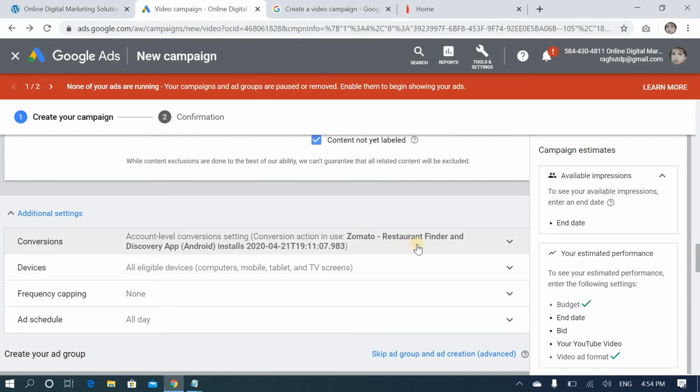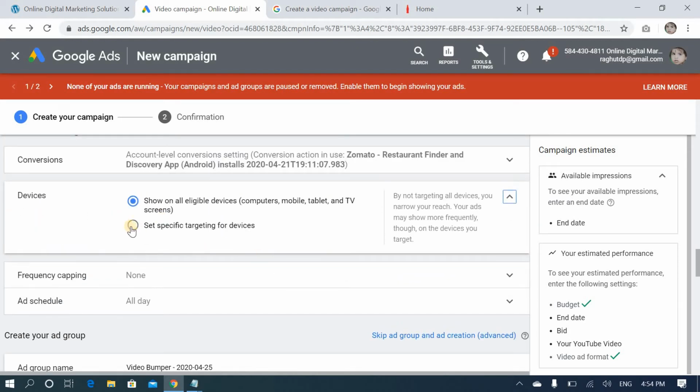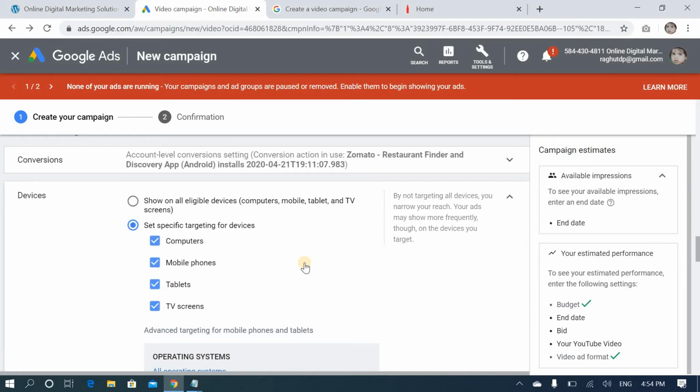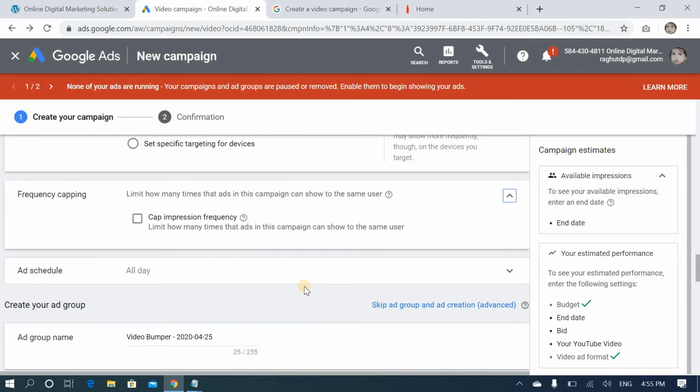Here is conversion. When running, if you want to see how the campaigns are doing, you have to check the conversions, so you can add this conversion. Next, devices. If you want specific devices like mobile phones or tablets, you can set it, or show all devices. Next, frequency capping is very important.